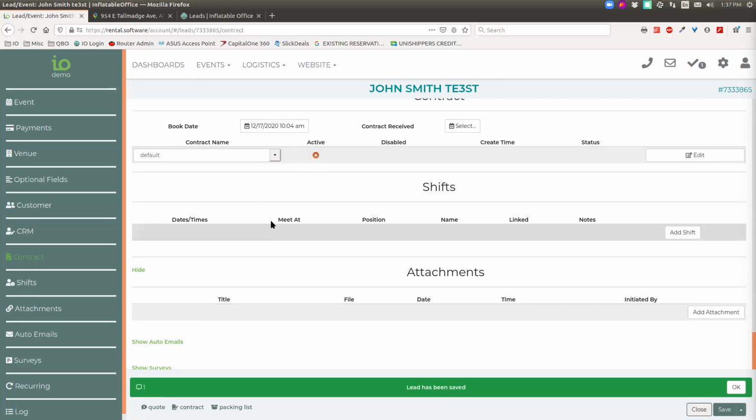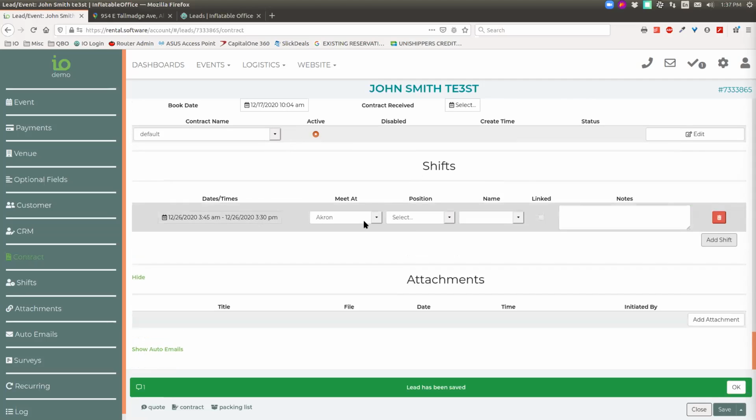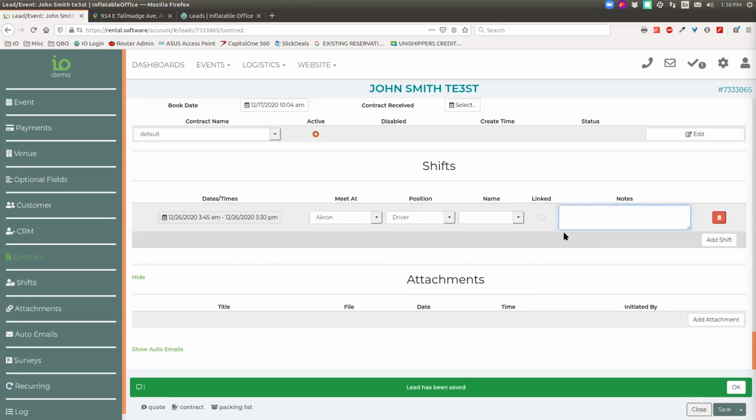Okay. Next section we have here is our shift section. It should look very similar to the current shift section. You pick the people, you pick the positions. If I were to pick a position, it's going to limit the people because it's going to be based on the position. I can choose where I want them to go to meet. We can now put notes in here, and you could do that on the other system as well. So just if you weren't aware of that, you can put notes on a shift. Those will show in a couple different places,